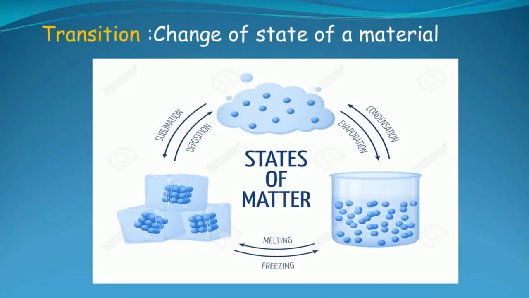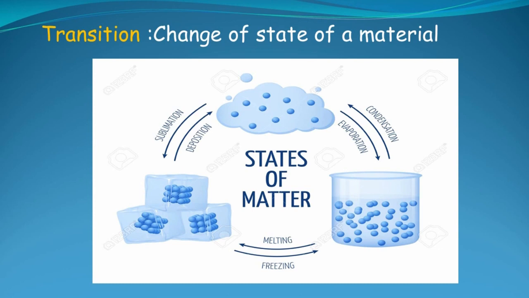Polymers are high molecular weight substances which are amorphous or semi-crystalline in nature. Today, we are going to discuss a particular kind of thermal transition observed in polymer materials called glass transition temperature. The term transition generally refers to the change in state of a material from one state to another induced